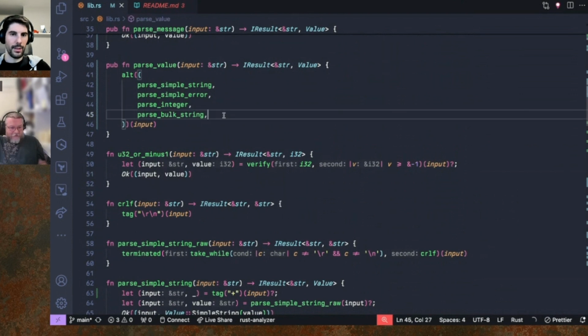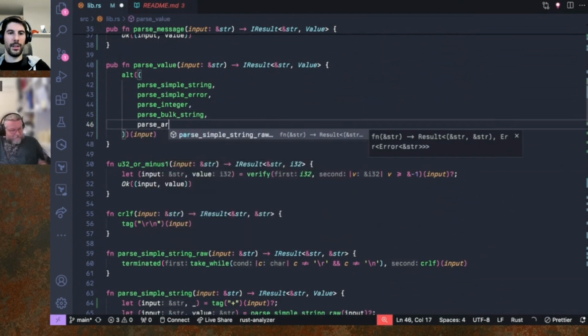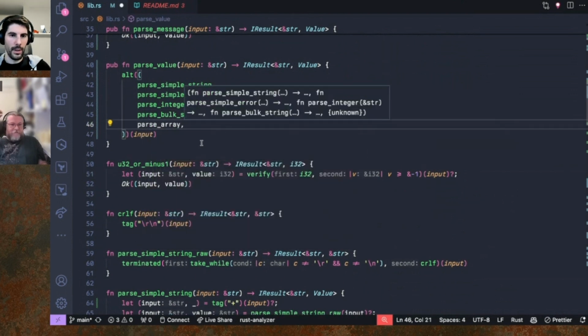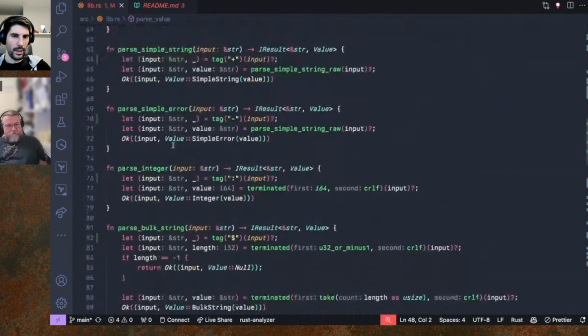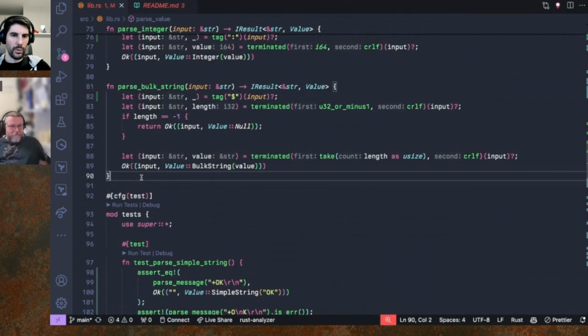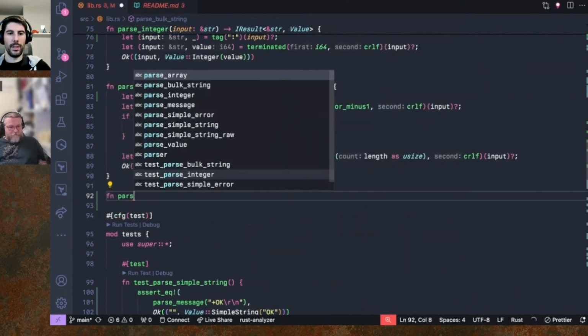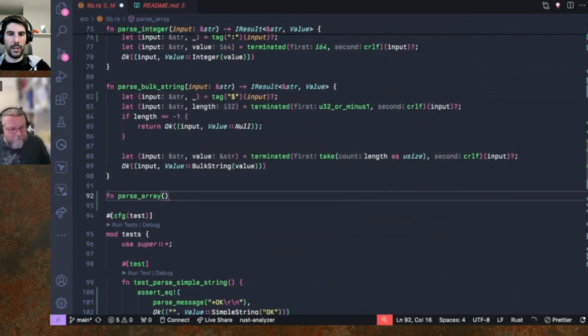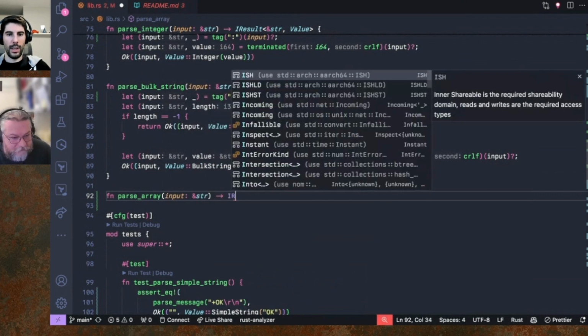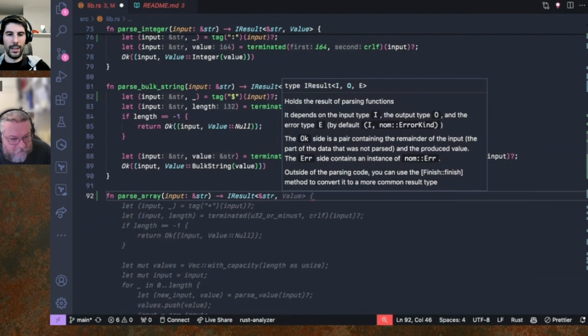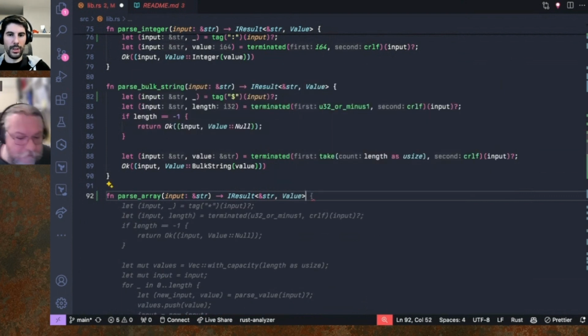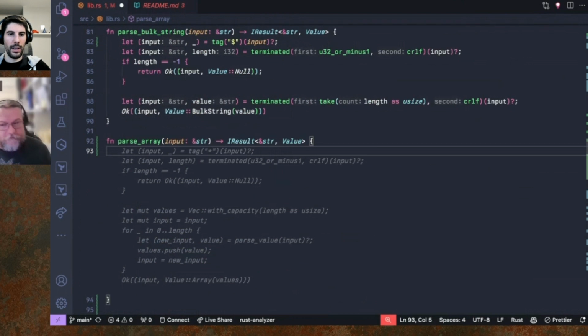Parse array. So now we just need to list them here. And of course, it's going to complain that it doesn't exist. We haven't created it yet. Let's implement it. We can do fn parse array, input string, IResult string, and the other one is a value where we expect, and